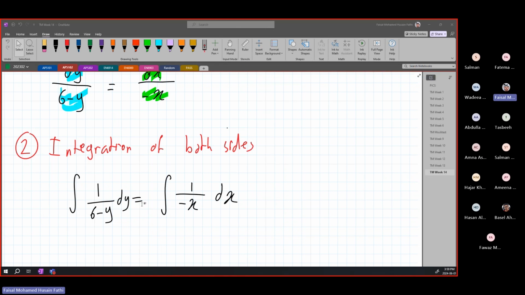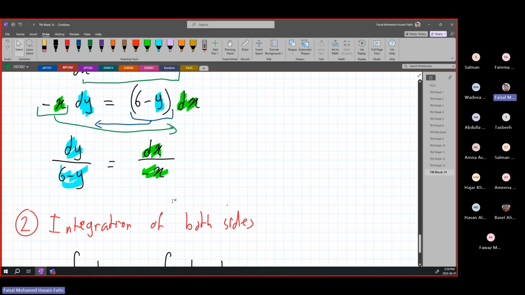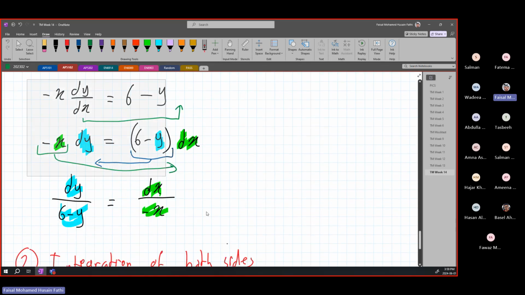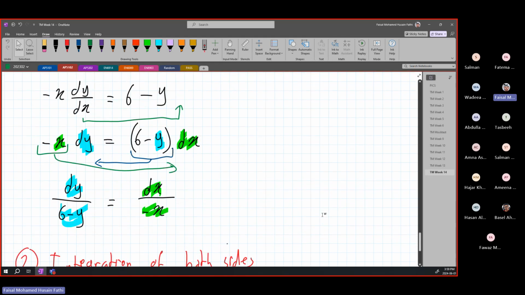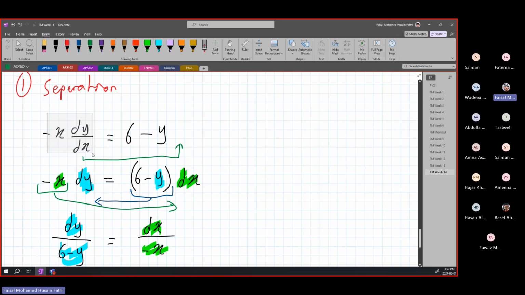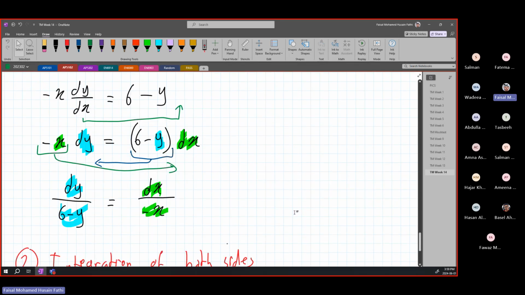No worries. If this is very confusing, no worries. I will show you how to integrate all of this again in the next session. But I need you guys to make sure you understand this part, because the integration is very basic. The integration is just applying the rule for integration. However, here, this is the idea. The idea is to know how to do your separation when it comes to this. That's it. All right.